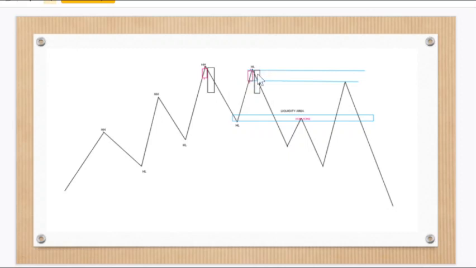You have an additional way of entering the market. You not only enter when you see a double top, you can enter the market even though you have missed it. Yes, you can enter from here, but you're not that sure if the market will still continue going up or it will go down. So if you missed that trade, you wait for a flip zone to happen. So this is a flip zone. The moment it happens,